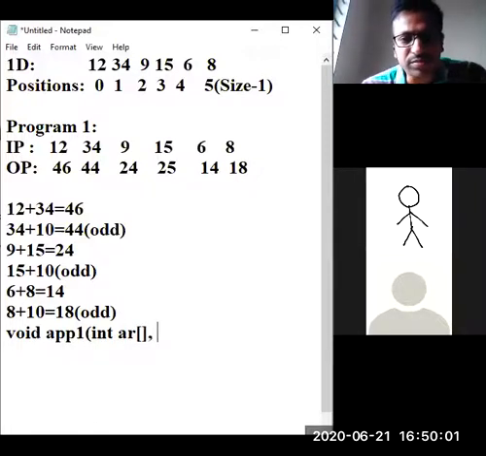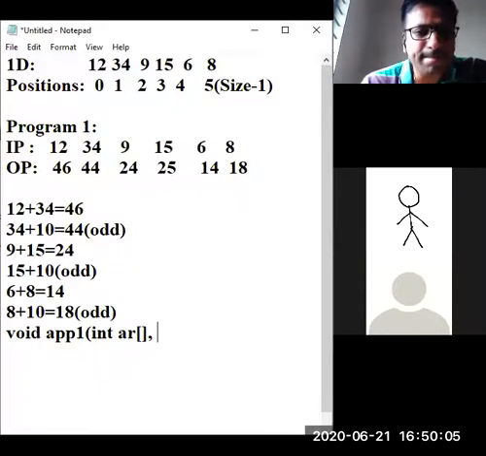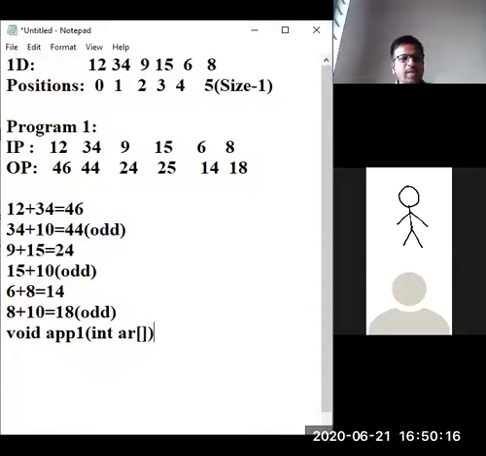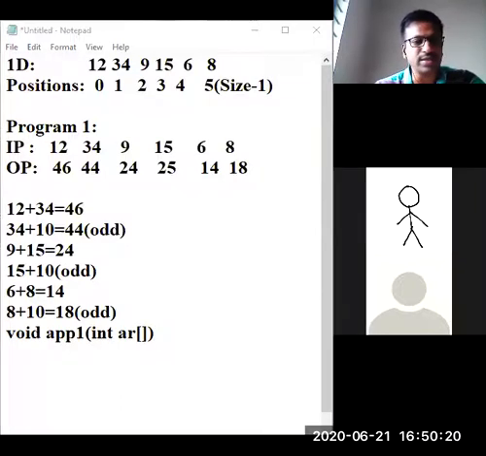And what else will they give? Is only the array enough? Yes, the array is enough in this program. Only a one-dimensional array you are going to pass now. So how do you pass a one-dimensional array? They are going to provide it like this. Is it the correct way to represent it while writing a function?